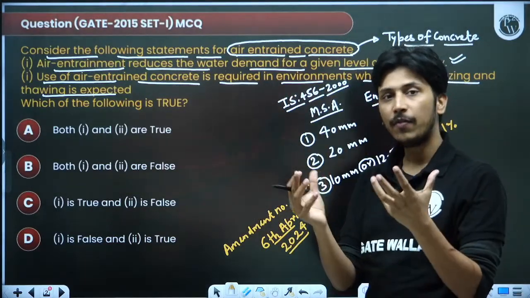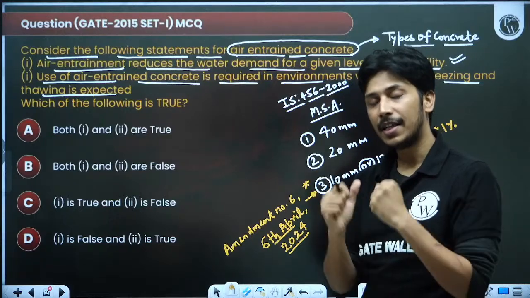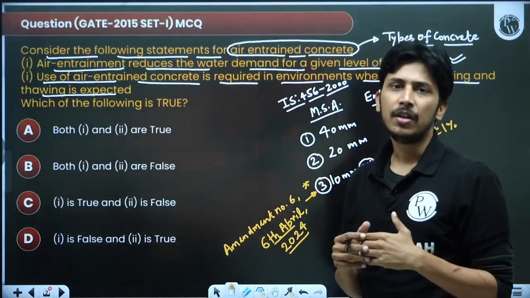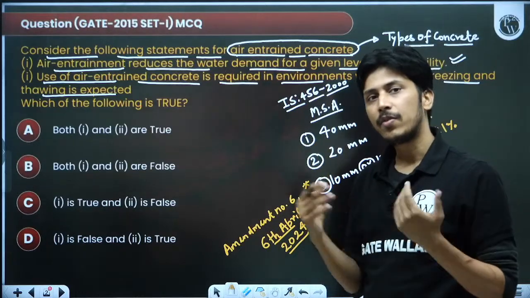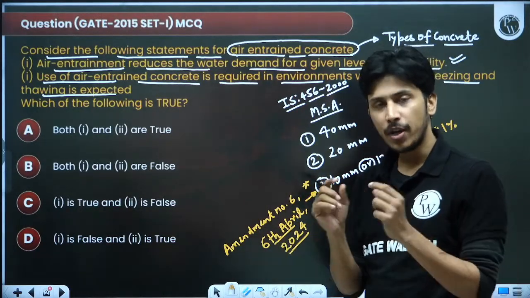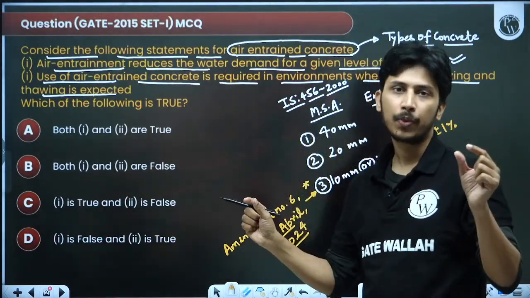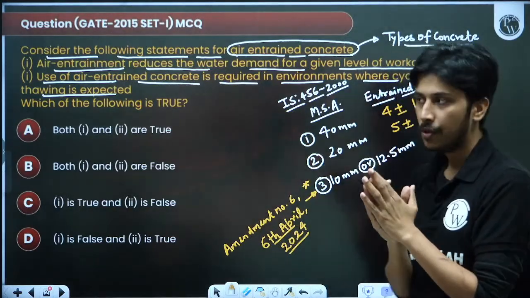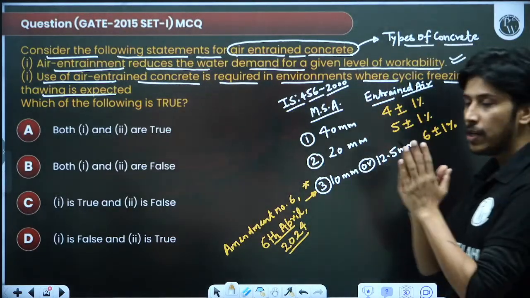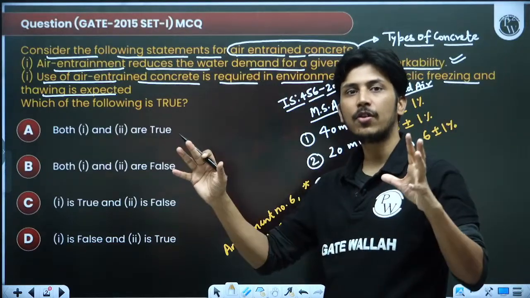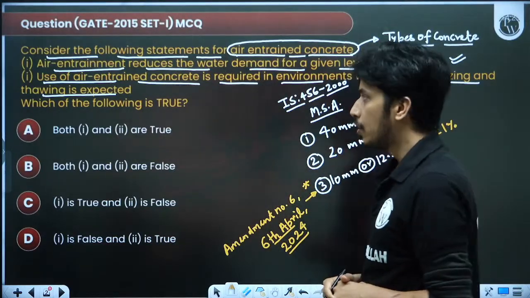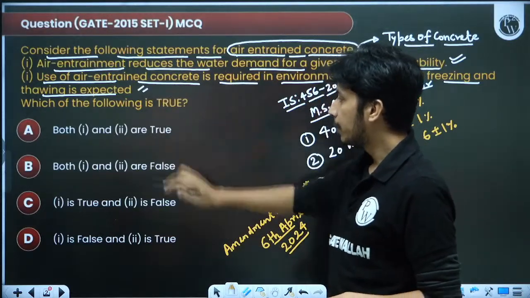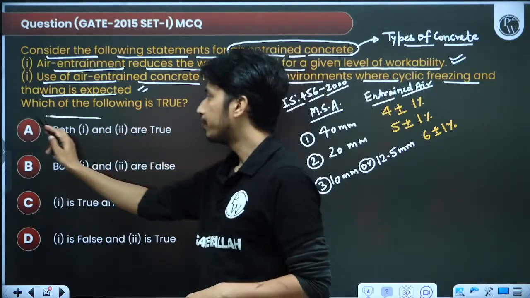Whenever water freezes in the nights, like in Jammu Kashmir or the Himalayan regions in India, if you are concreting at night, water will freeze. So whenever water is freezing, it should have some space to move. In the morning, it will melt again and shrink. So these movements should be possible. If no space is there, water will apply stresses on the concrete and cracks will form. Use of air-entrained concrete will be required for this. This is absolutely correct also. So here both 1 and 2 are true.